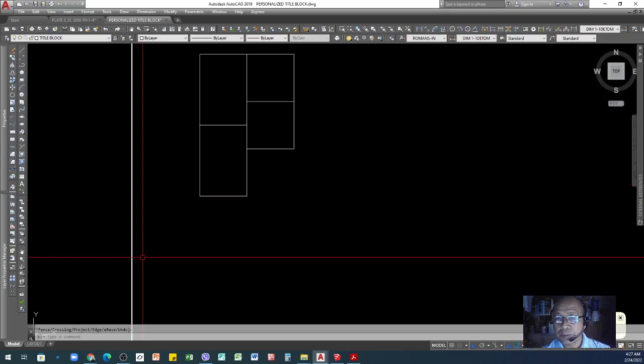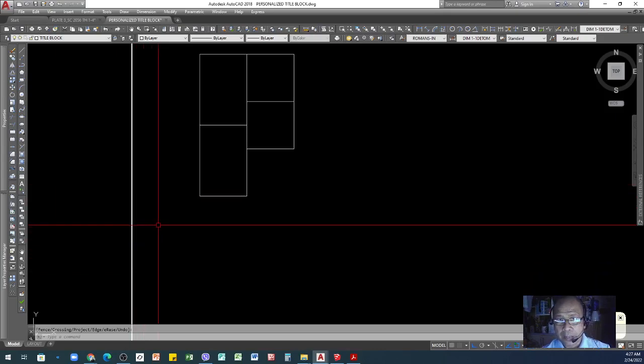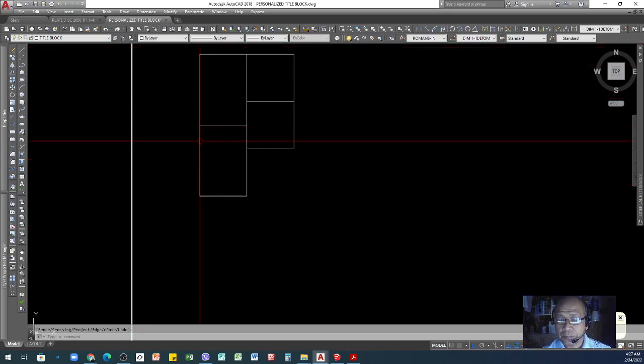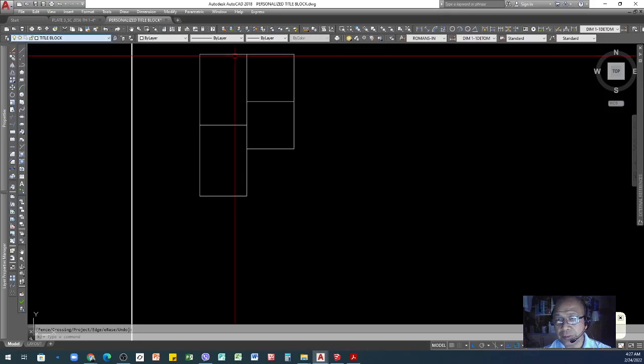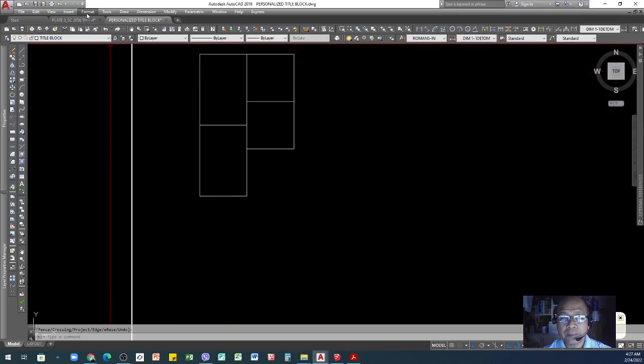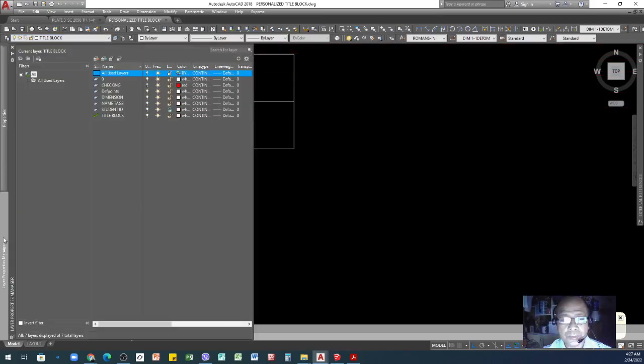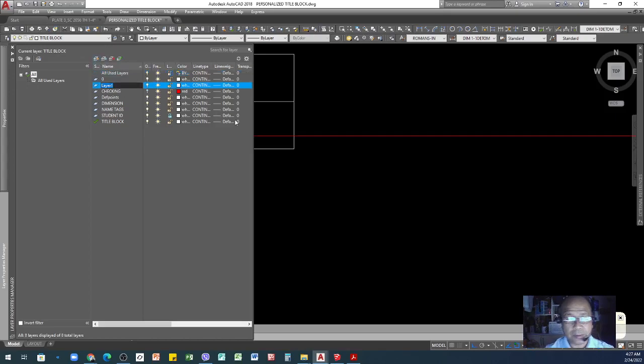Okay, so I asked you to make the lines purple. As you can see here, there is still no layer for this one. So again, you need to create another layer for your object.